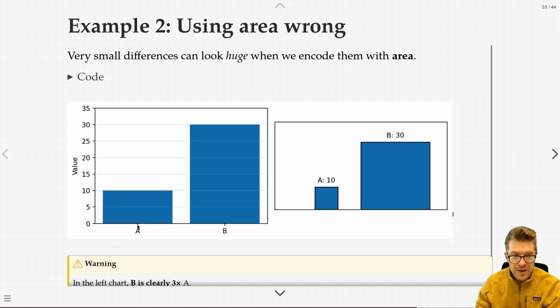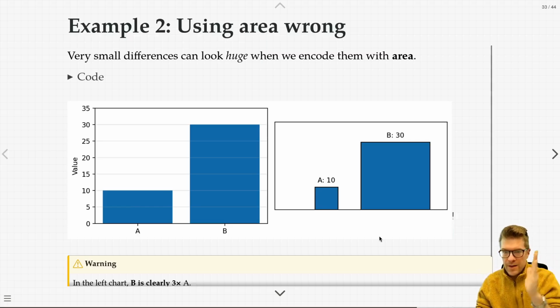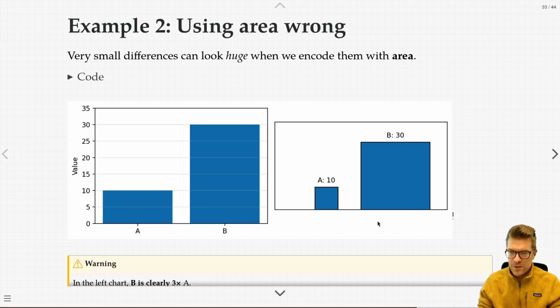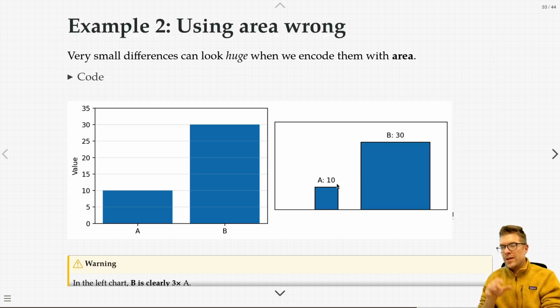In this first graph, you can see we're just plotting things out linearly, and the widths of these bar graphs are the same, and the only thing changing is the y graph. On the right, we're changing not only the height, we're tripling the height between A and B, but we're also tripling the width between A and B. So technically, we're not lying here, so B is still 3 times taller than A, but visually, the overall impression